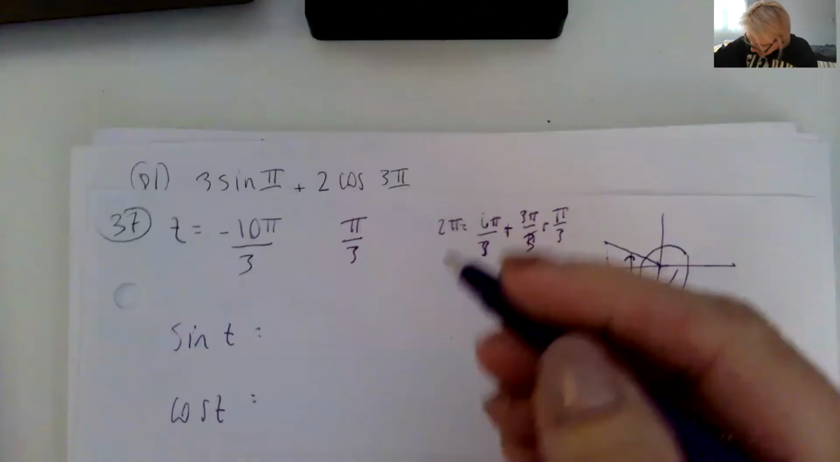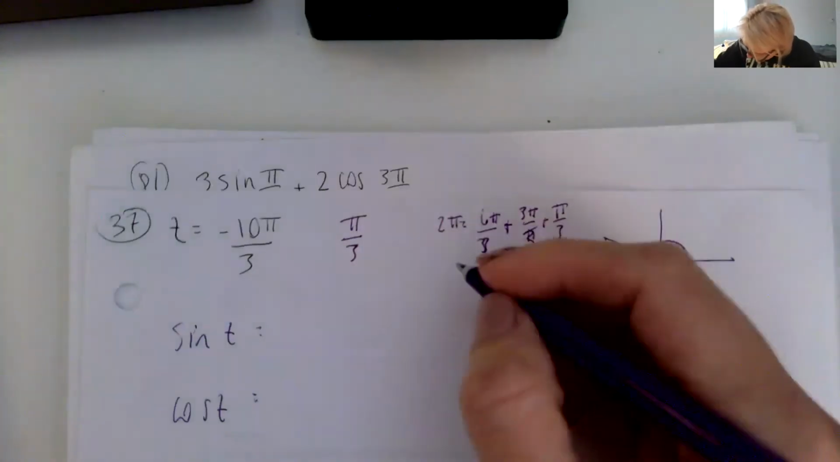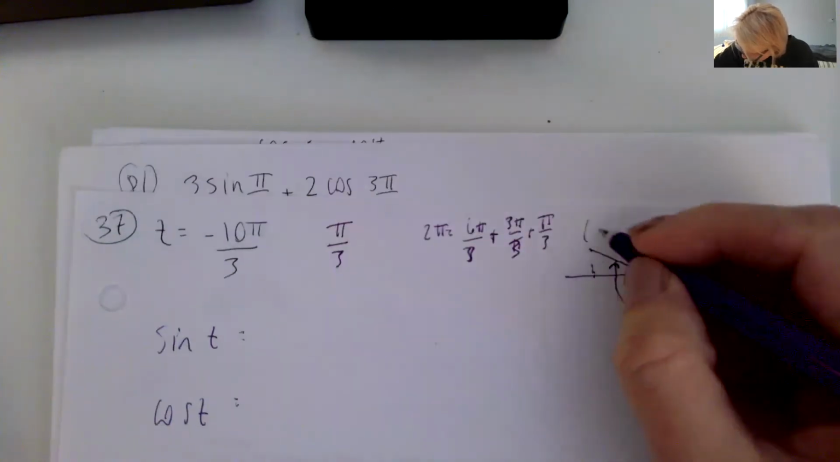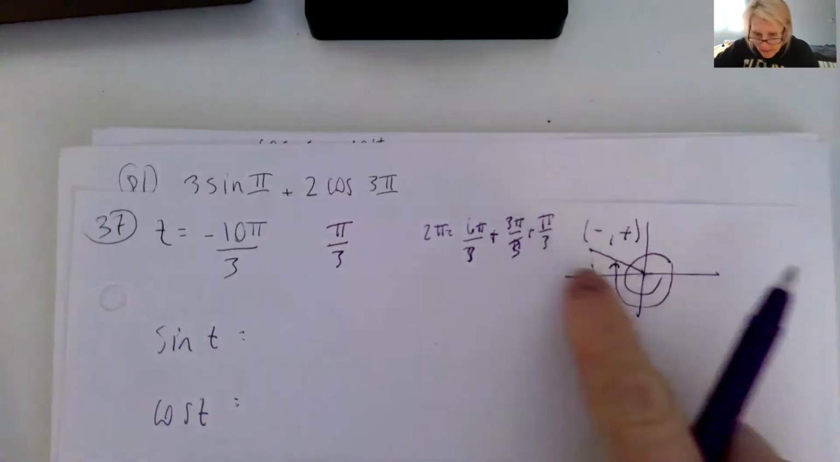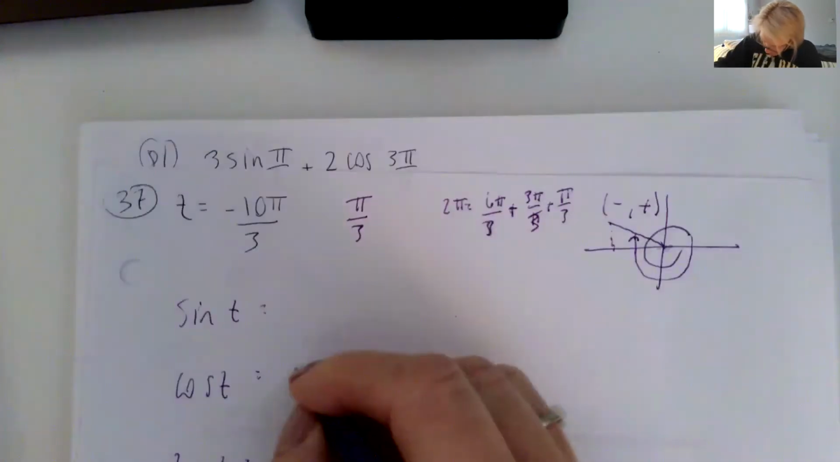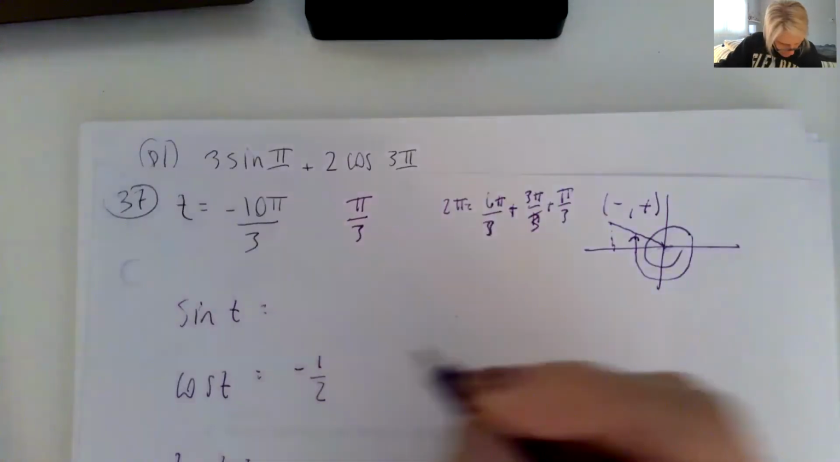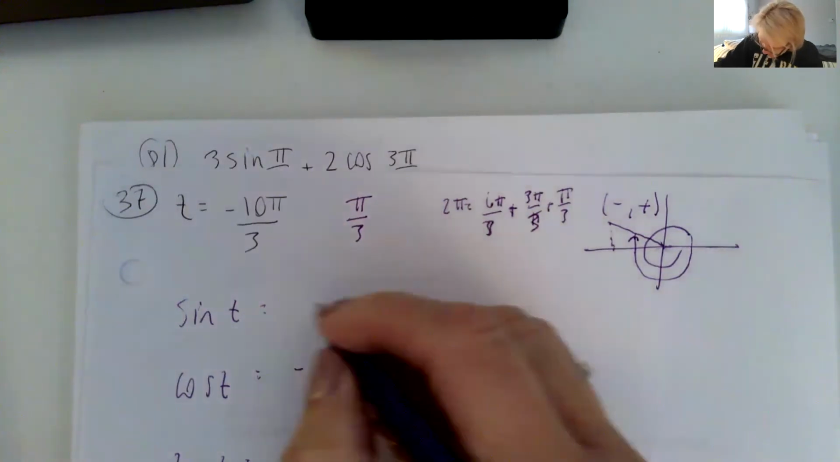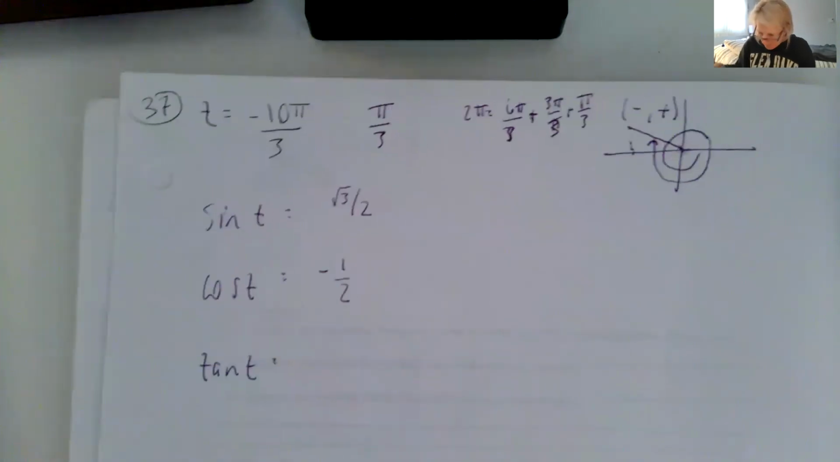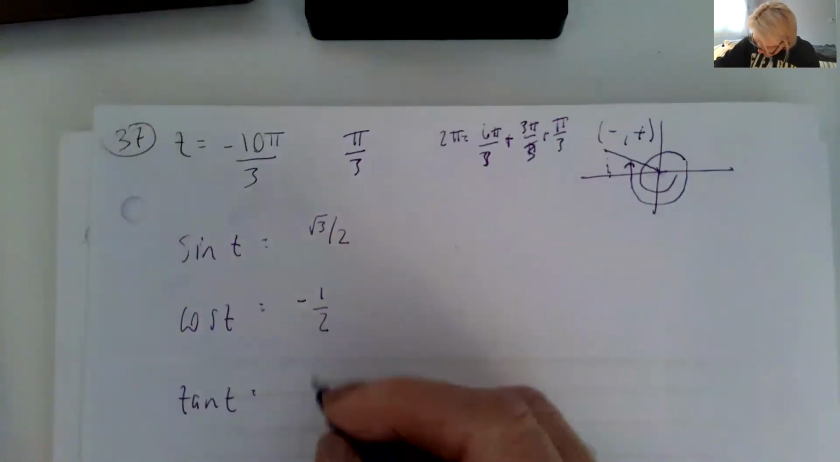Cosine is negative and sine is positive in this quadrant. So cosine is negative 1/2 and sine is a positive square root of 3 over 2. And tangent is going to be